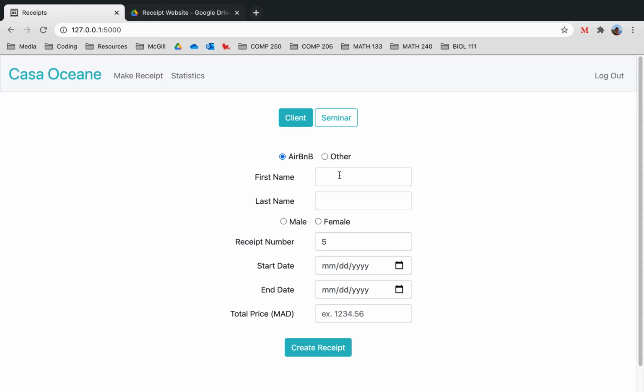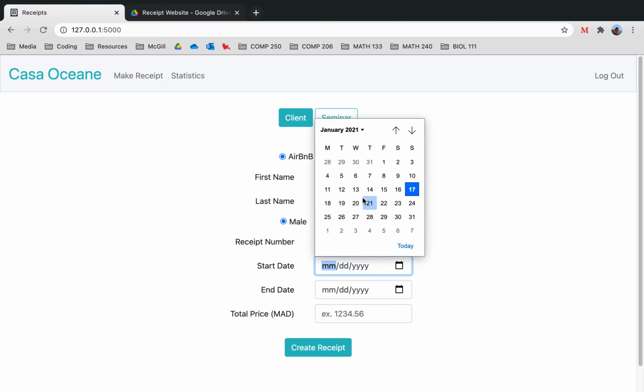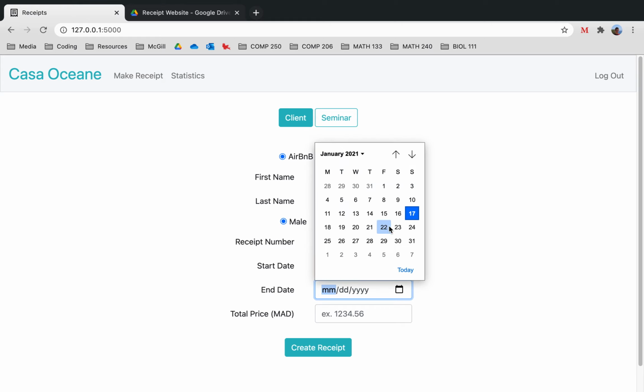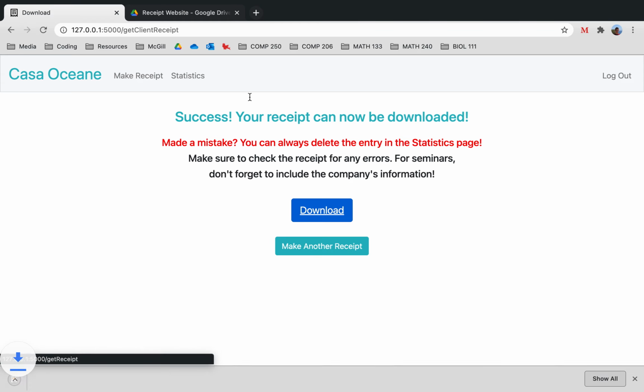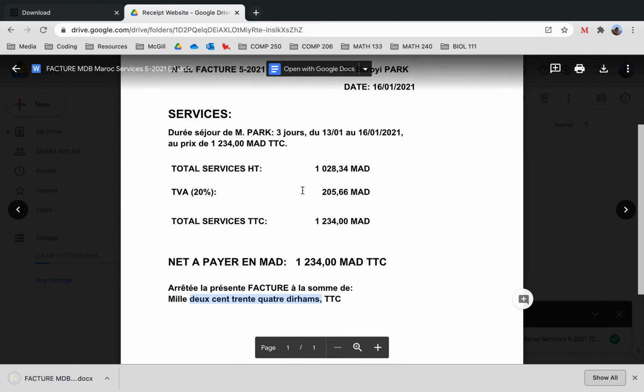This client came through Airbnb. His name is Siri Park. He is male, has receipt number 5, entered on the 13th, left on the 16th, and say he paid this much money. So when we create the receipt, we can download a Word document which is formatted as follows, containing